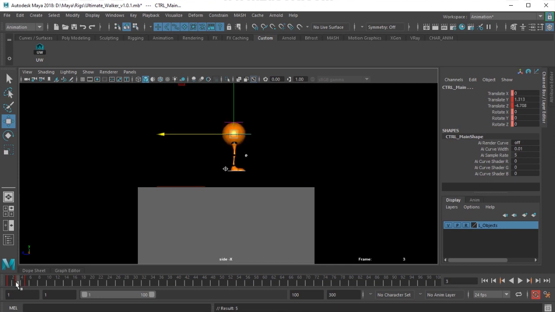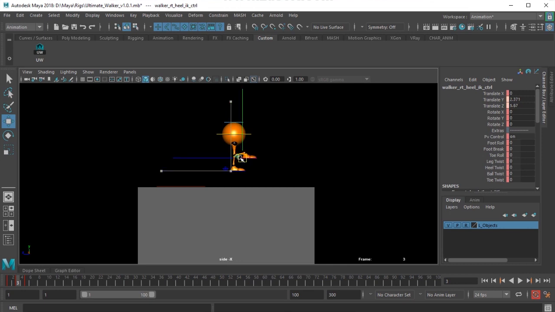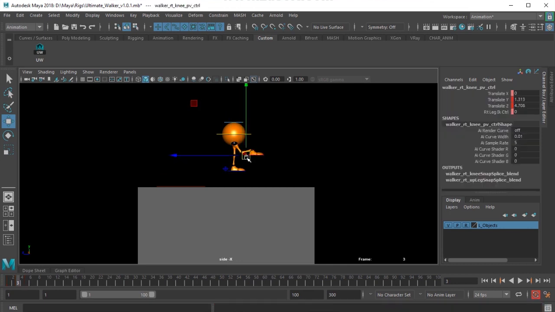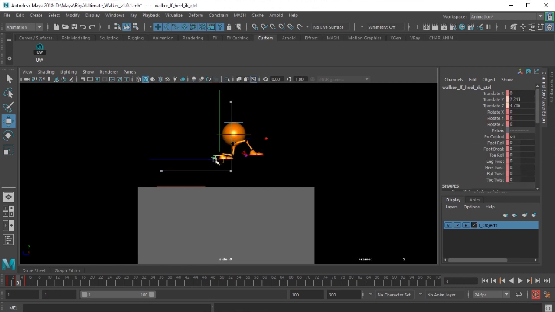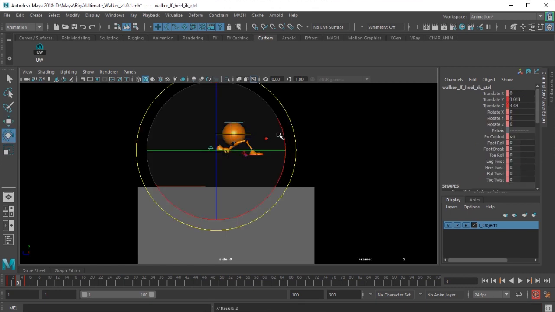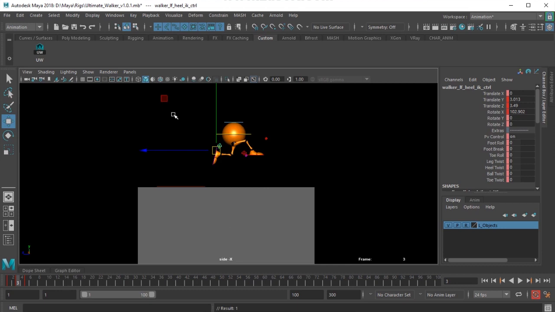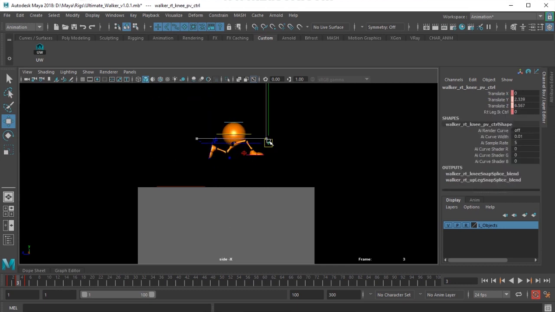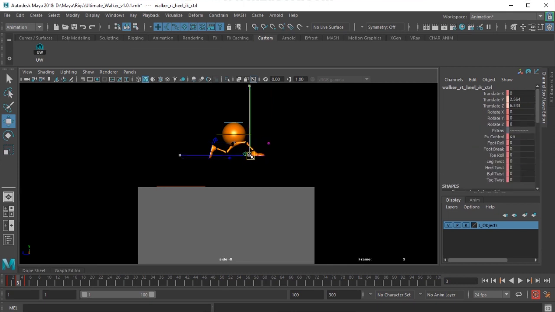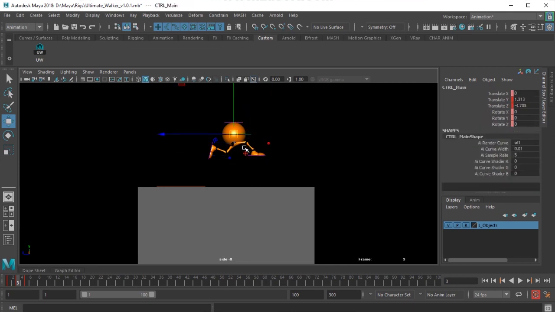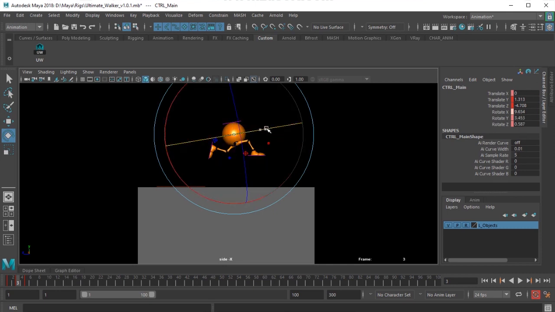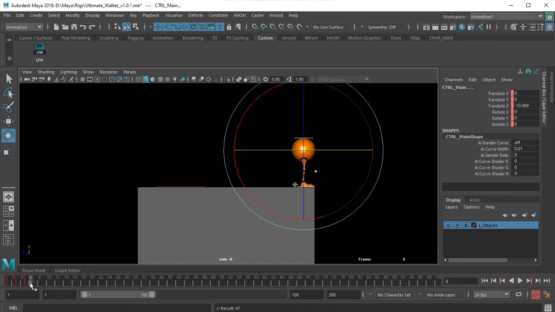Maybe you can do that later, there's no problem. So I select one of the legs and move it like that, and select another leg and move it like that. And slightly I'll rotate this, just giving that nice little balance.